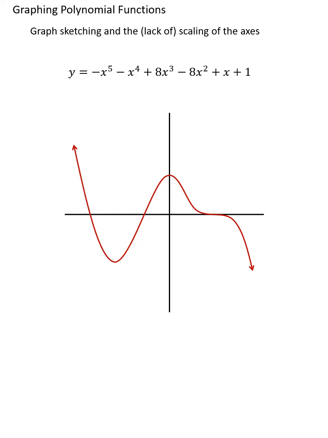Rather, it's just to get a general sense of where the function is going as x goes from negative infinity to positive infinity. So we leave all the scaling off the y-axis because we're not interested in that kind of accuracy. And as far as the scaling of the x-axis goes, we don't typically put tick marks there either. But what we'll see as this video goes on is that we're very interested in the x-intercepts of these functions. So we'll label those. And by the way, I don't expect you to know where I got those at this point, but those will turn out later in the video to be the x-intercepts here. My point being, we label the x-intercepts and nothing else,